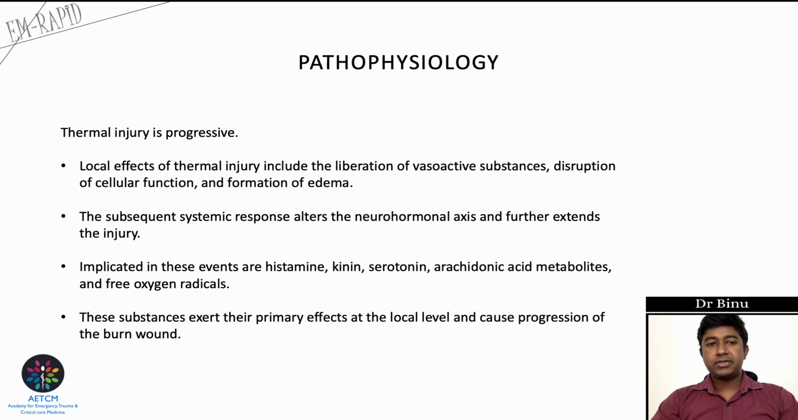And the thermal injury is progressive. The local effects of injury can include the liberation of vasoactive substances, disruption of cellular function and formation of edema. The subsequent systemic response can alter the neurohormonal axis and further extend the injury. Implicated in these events are histamine, kinin, serotonin, hyaluronic acid metabolites and free radicals of oxygen. These substances exert their primary effects at a local level and also cause progression of the